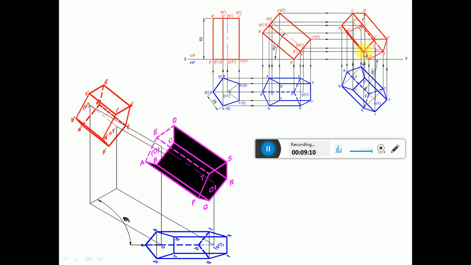Since P, Q, R, S, T are visible, therefore O1 dash becomes visible. And since A dash E dash and E dash D dash are invisible in A dash, B dash, C dash, D dash, obviously O dash becomes invisible. So this is also quite evident when you look from the front view of the third position. This is the total view of the final position of the pentagonal prism in 3 dimensions.